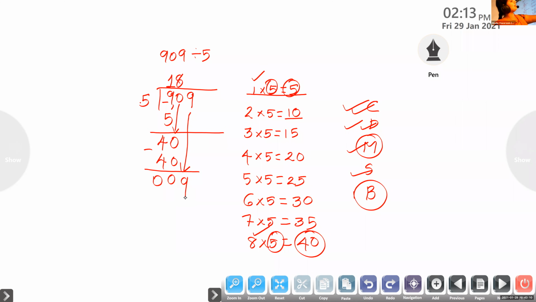Now, Ayan Mustafa, please unmute. Very good, Aditya. Ayan, 9 divided by 5, what will you get as quotient? In 9, how many 5s are there? We have already divided 9 by 5. See, in the first step, 9 divided by 5, what did you get? 1. 9 divided by 5, you got 1. So here also what will you get? 9 divided by 5? 1.